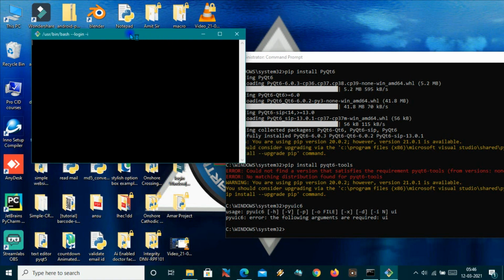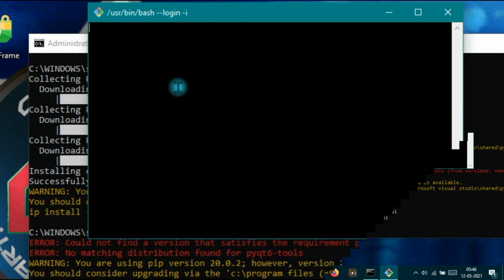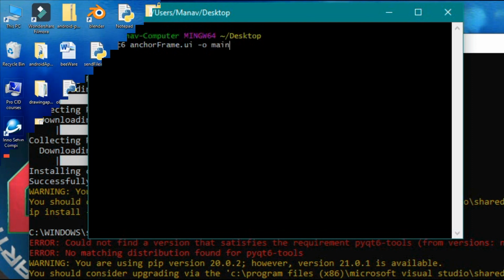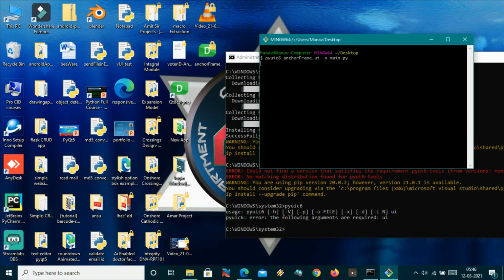Under the bash, I'm using the command pyuic6, and next I will pass my anchor frame .ui, that means the source, and next I'll pass the output file name, and I'll name it main.py. Okay, and hitting enter, now here it is, my main.py.